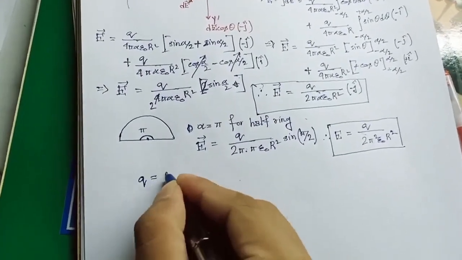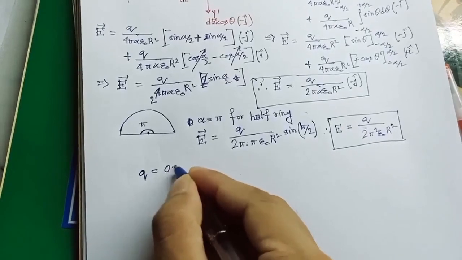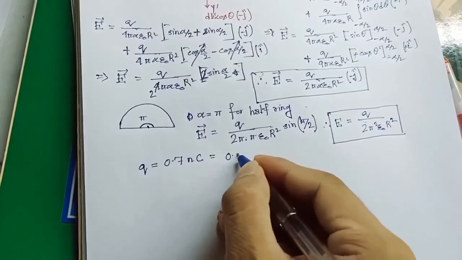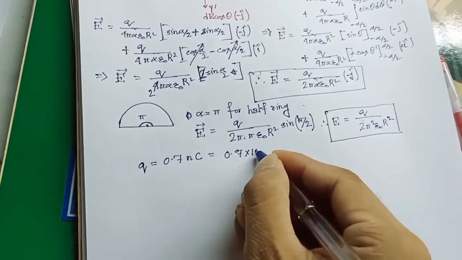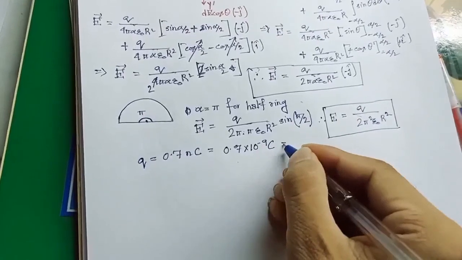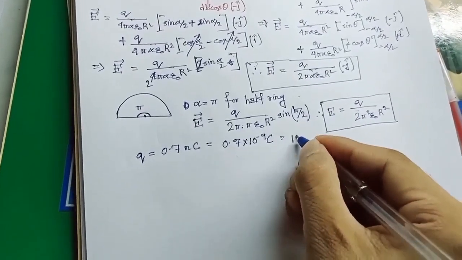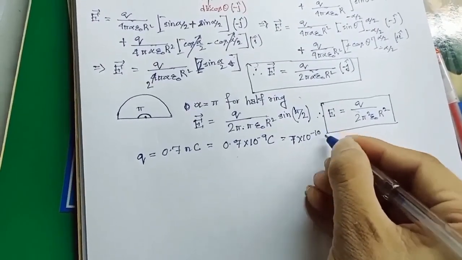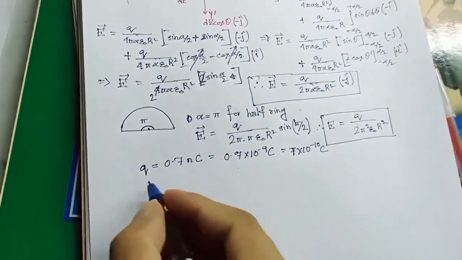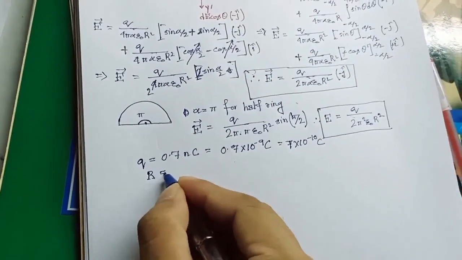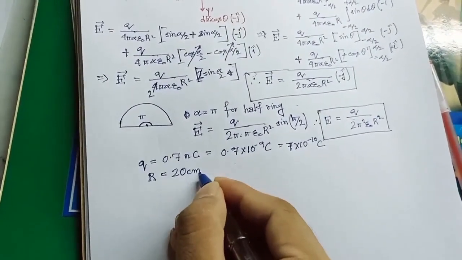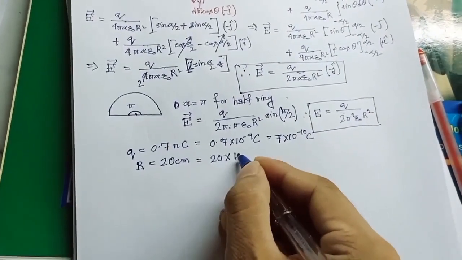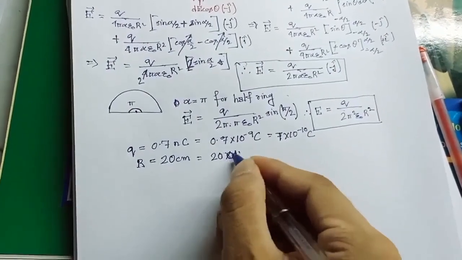Now putting in the proper values, in our question it is given that the total charge Q is equal to 0.7 nanocoulomb, that is equal to 0.7 into 10 to the power minus 9 coulomb, which is equal to 7 into 10 to the power minus 10 coulomb, and the radius r is given as 20 centimeter, equal to 20 divided by 100, equal to 0.2